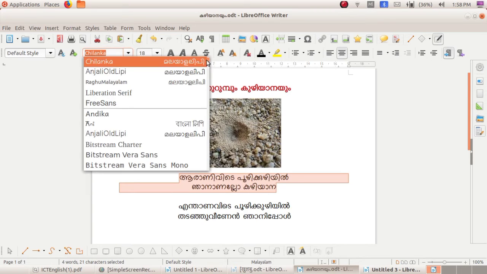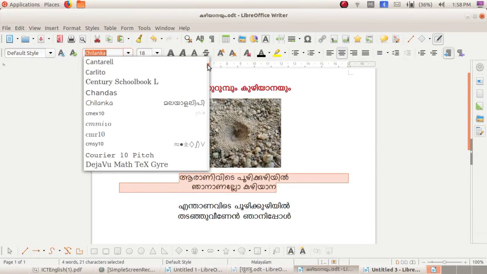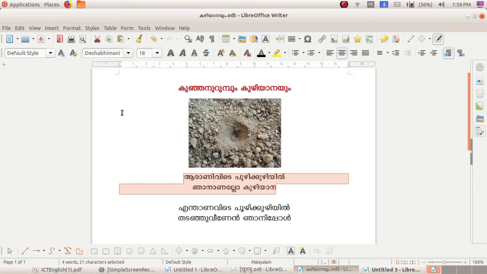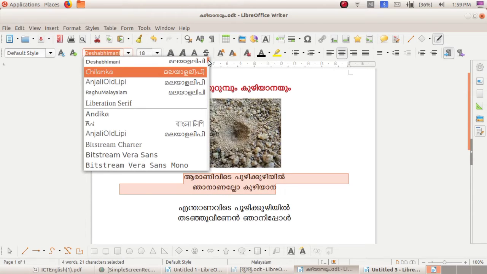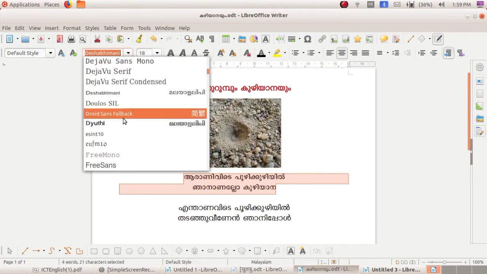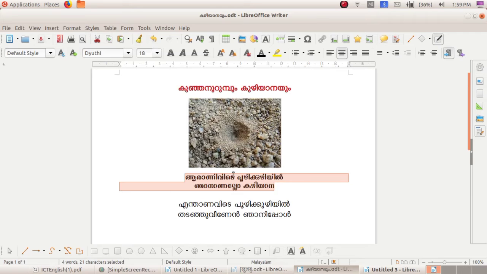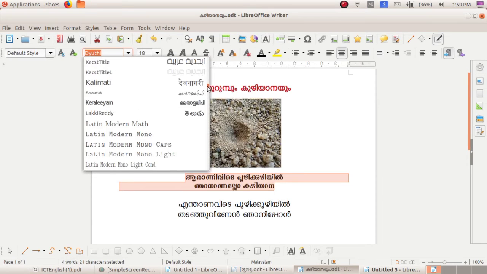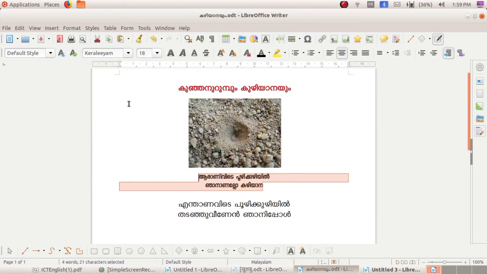Then Deshabhimani. Okay, Deshabhimani. Dyudi. Here this is the font for Dyudi. Okay, Keraliyam.